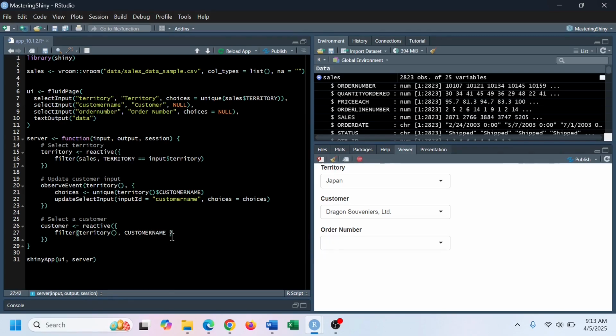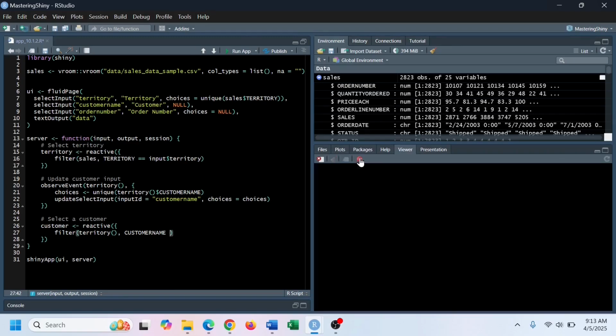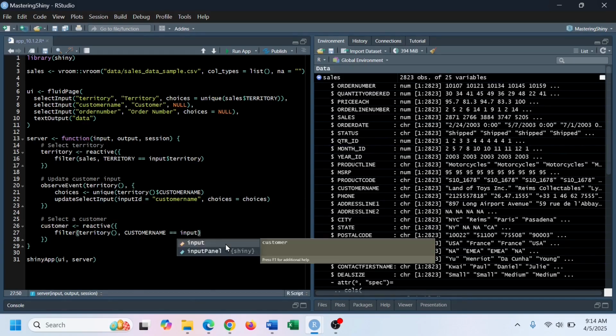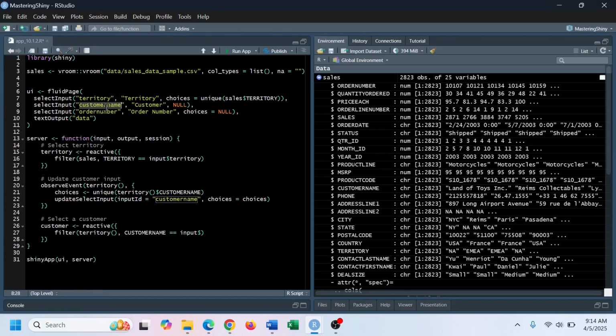So let's make sure, so let's close this app for now. There's order name. Yep, customer name. So it looks like I typed it correctly. And then input. What's the input? That. All right. So that's reactive value. And then once the customer selects the customer, then we should update. Update what? Update the third, the